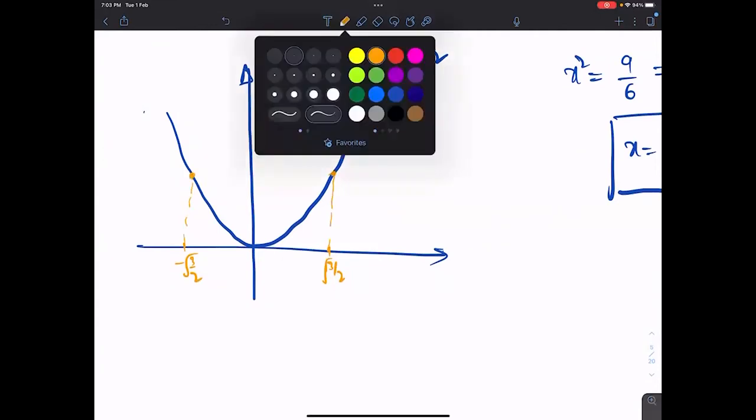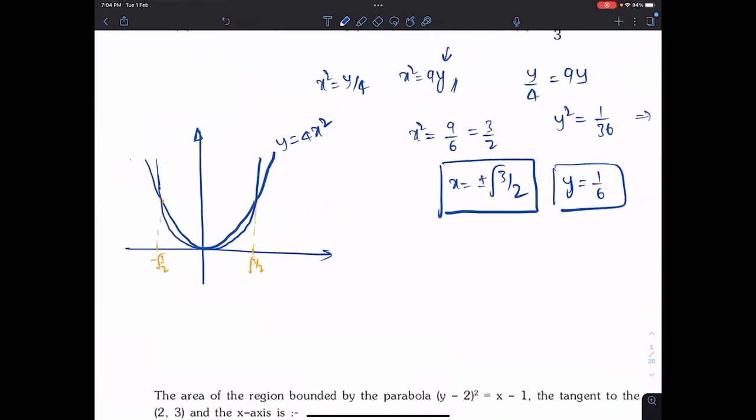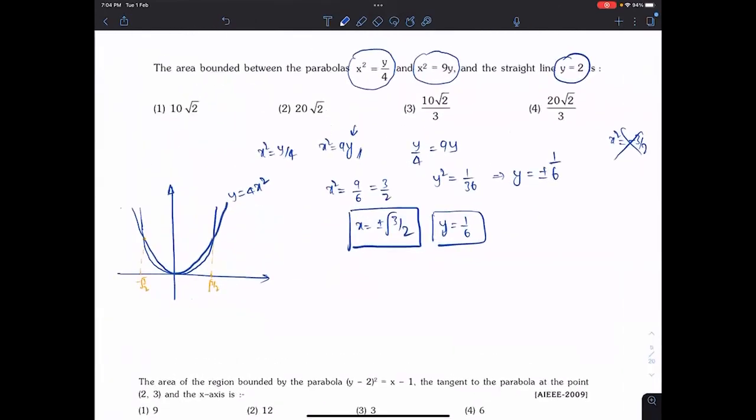So, which means the second graph I will draw something like this. Okay, not bothered about the exact figure and all these things. Next, and the straight line, one second guys, root over 3 by 2 if I take, one second,